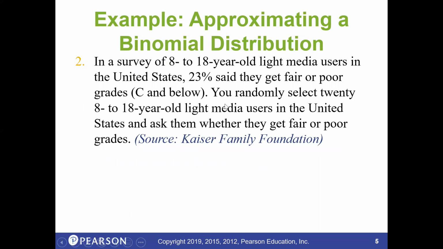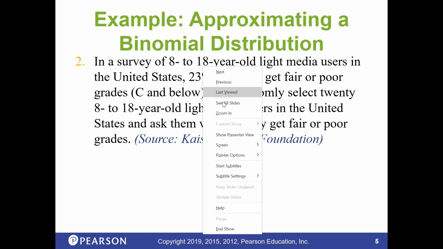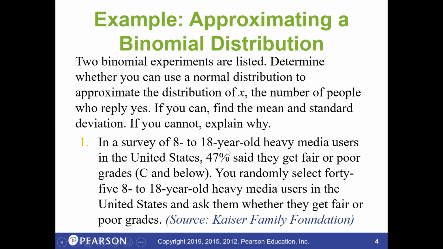When we did this the first time in the beginning, there's a little condition that the number of trials times your success has to be greater than or equal to 5. Here's where we started off from, right? So this is the way you would probably do your homework here. You look at 47%, you look at the fact that there are 45 users, so there's technically 45 trials you're going to run. And you want to make sure that when you multiply them together,